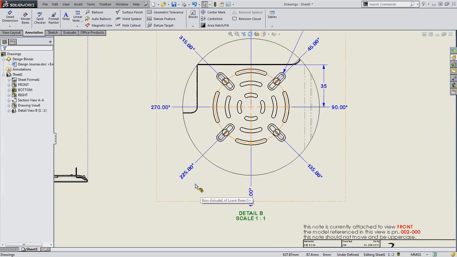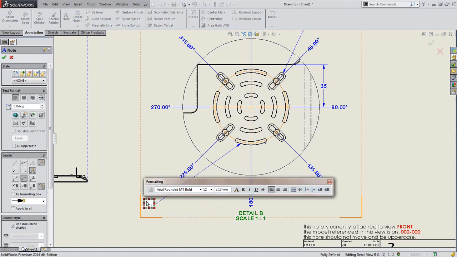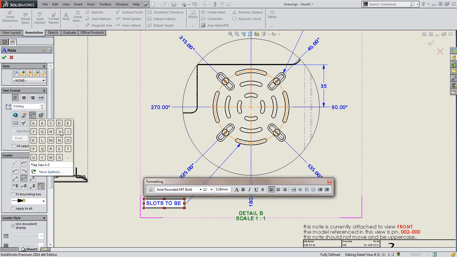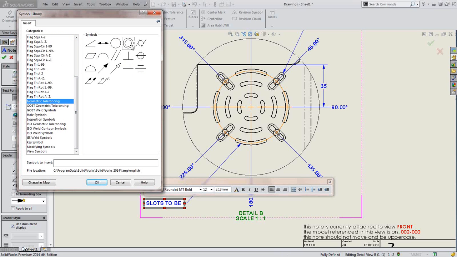The symbol library is a lot easier to use as well. So let's just create a simple note. So right here, if I go to my symbol library, you can already tell it's a little bit more graphical. If I click more symbols, same deal. So if I switch to maybe some of my geometric tolerancing,